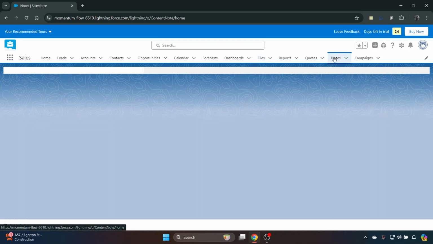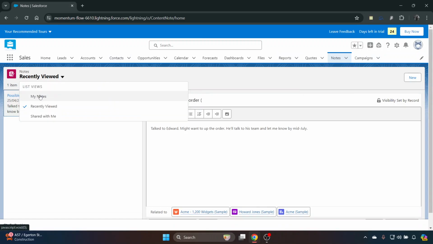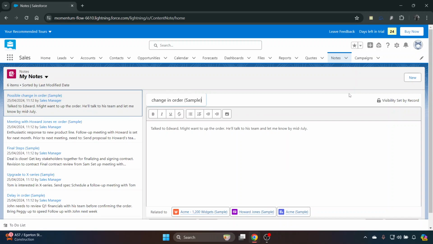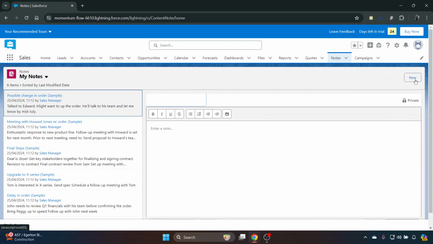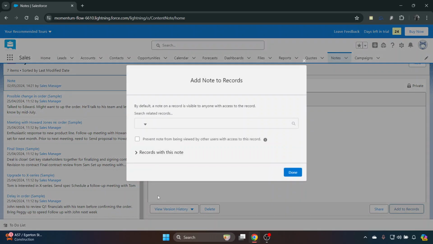For notes, again, from the home page, you would go to the tab here for notes, and this will show you your recently viewed. You can see all of the ones that you've got as your notes, but if you want a new one, you just click new, and then from there put whatever note you want to be in, and it's as simple as that. Once it's all filled out, you just click add to records,